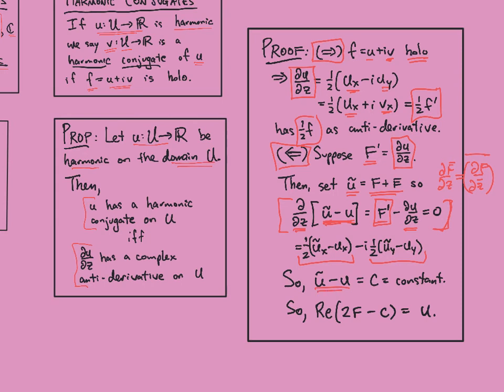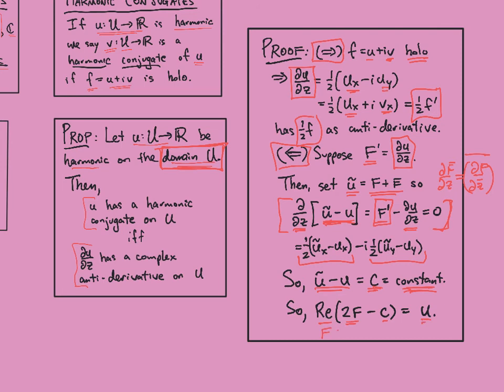So that means u tilde minus u has to be constant because we're assuming we're on a domain, so it's connected. So this difference is constant, and then what we get out of this is that